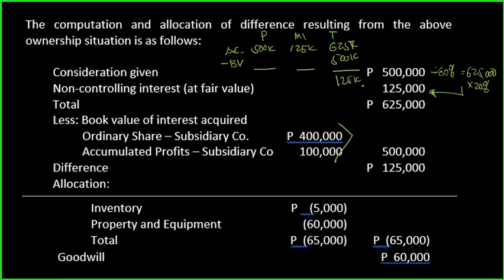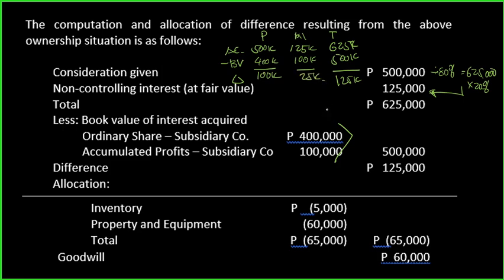Sir, is this the same with this one? No. Nagkataon lang. And that's why I'm doing this approach, para makita nyo. Nagkataon lang na pareho yung minority interest and the difference of the acquisition cost and the book value. Anyway, you have here the difference. 500 times 80, that's 400. 500 times 20, that's 100,000. The difference now is 100,000, and this one will be